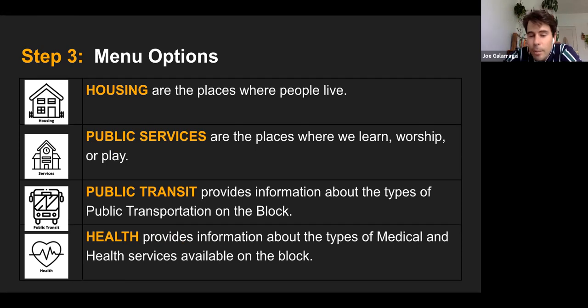Public transportation is a similar thing, where we're talking about not only the traditional public transit things like buses, railways and light rail, but maybe also a taxi stand or bicycle lanes. Transit is probably a better word for it than public transit. And then health relates to the various health resources in the area: clinics, dialysis centers, hospitals, things like that.